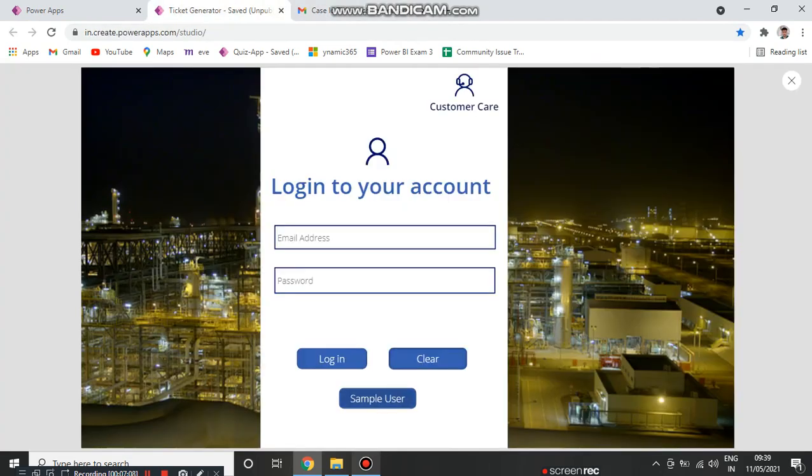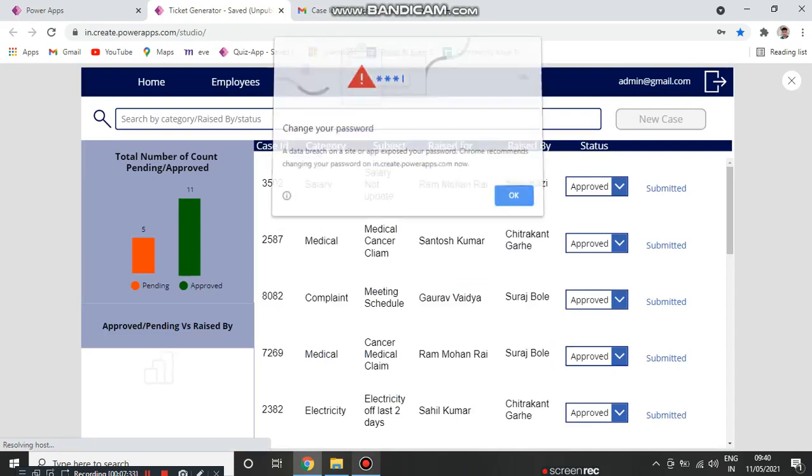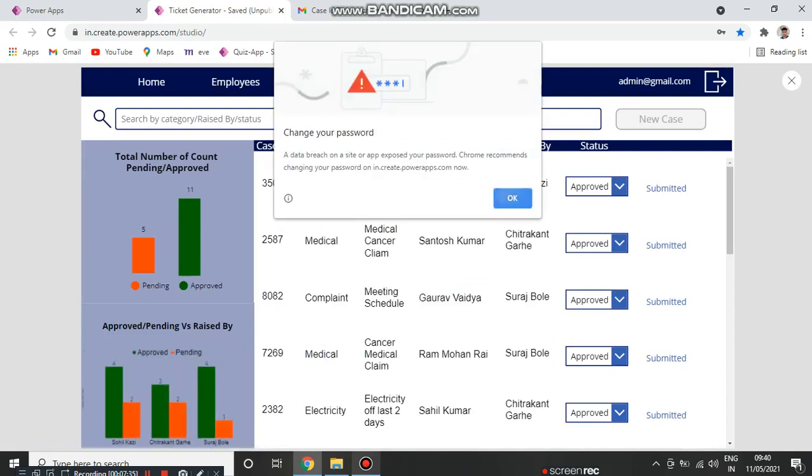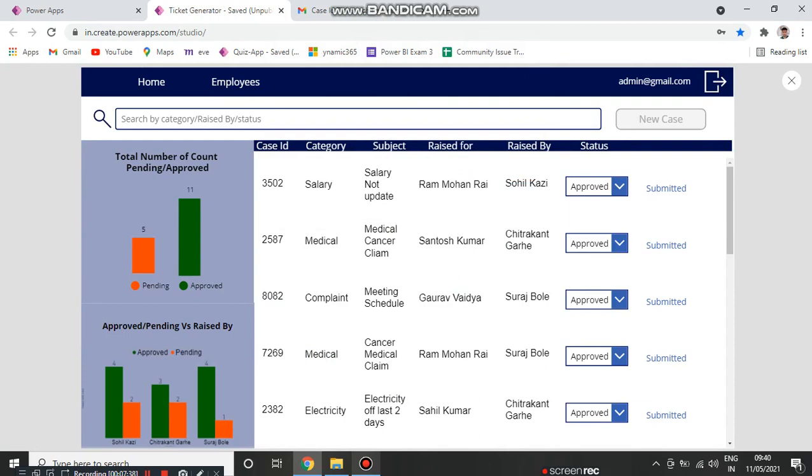The sample user already raised the complaint, and admin comes into the picture. This is the admin's data, which gets all the cases raised by the sample user.